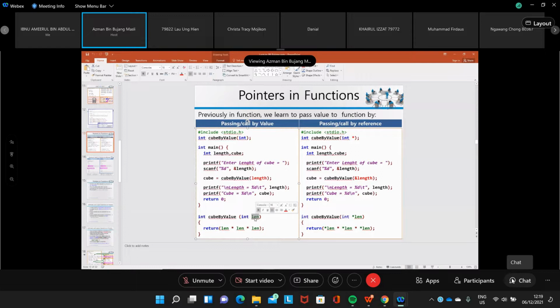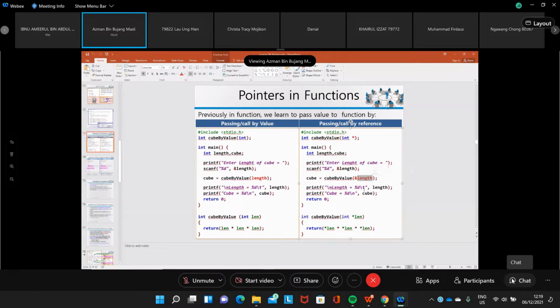We have two copies, one in length and another in the parameter of this function, len. So they have two different memory locations to store the same value. Unlike pass by reference, where the pointer points to the same location, so we have only one value pointed to by the pointer as well as referred to by the variable length in your main.